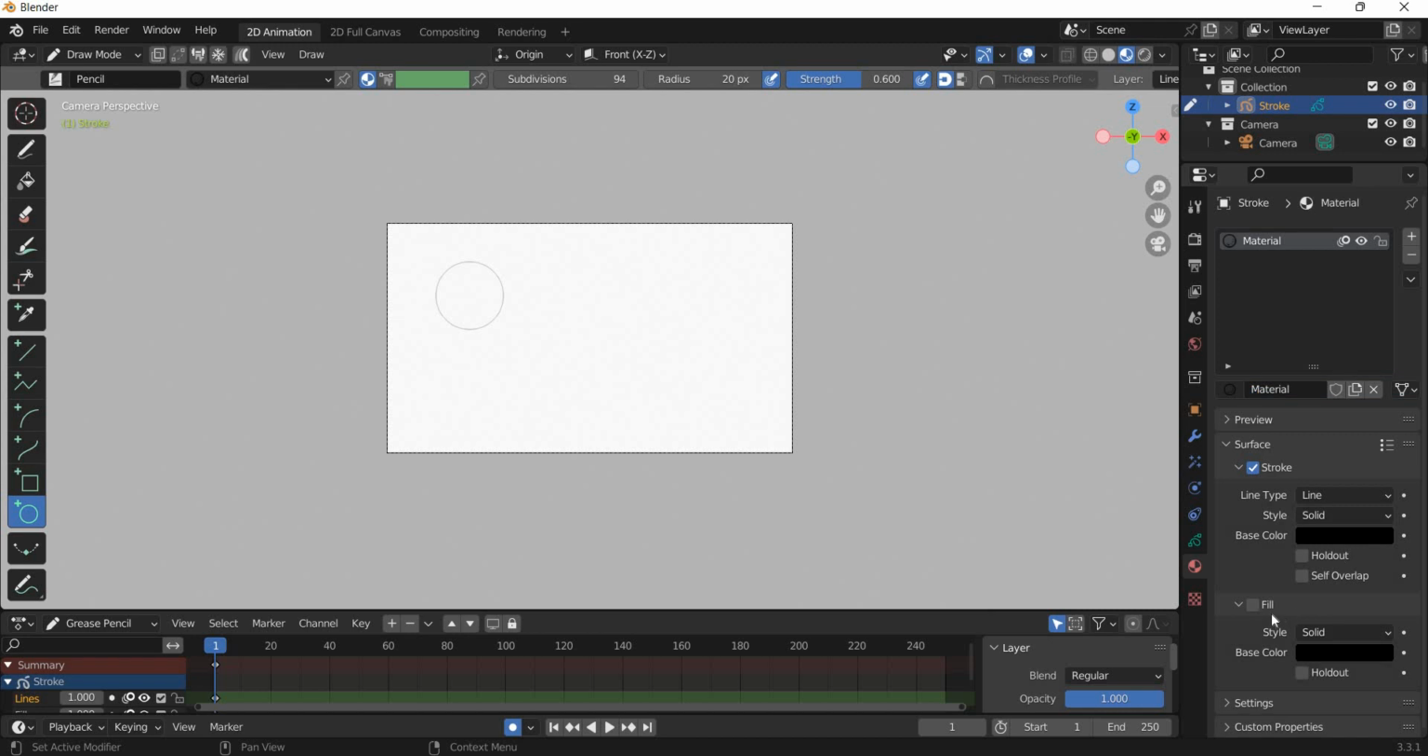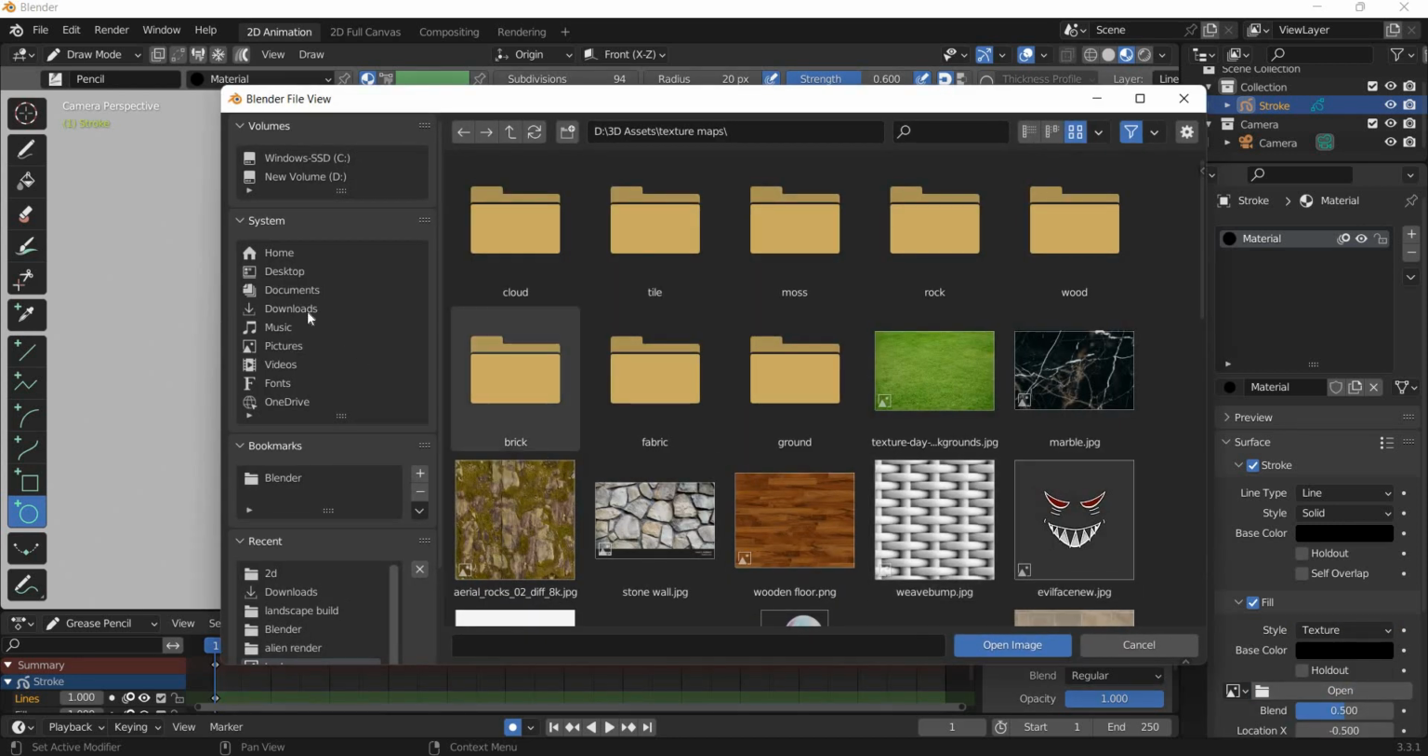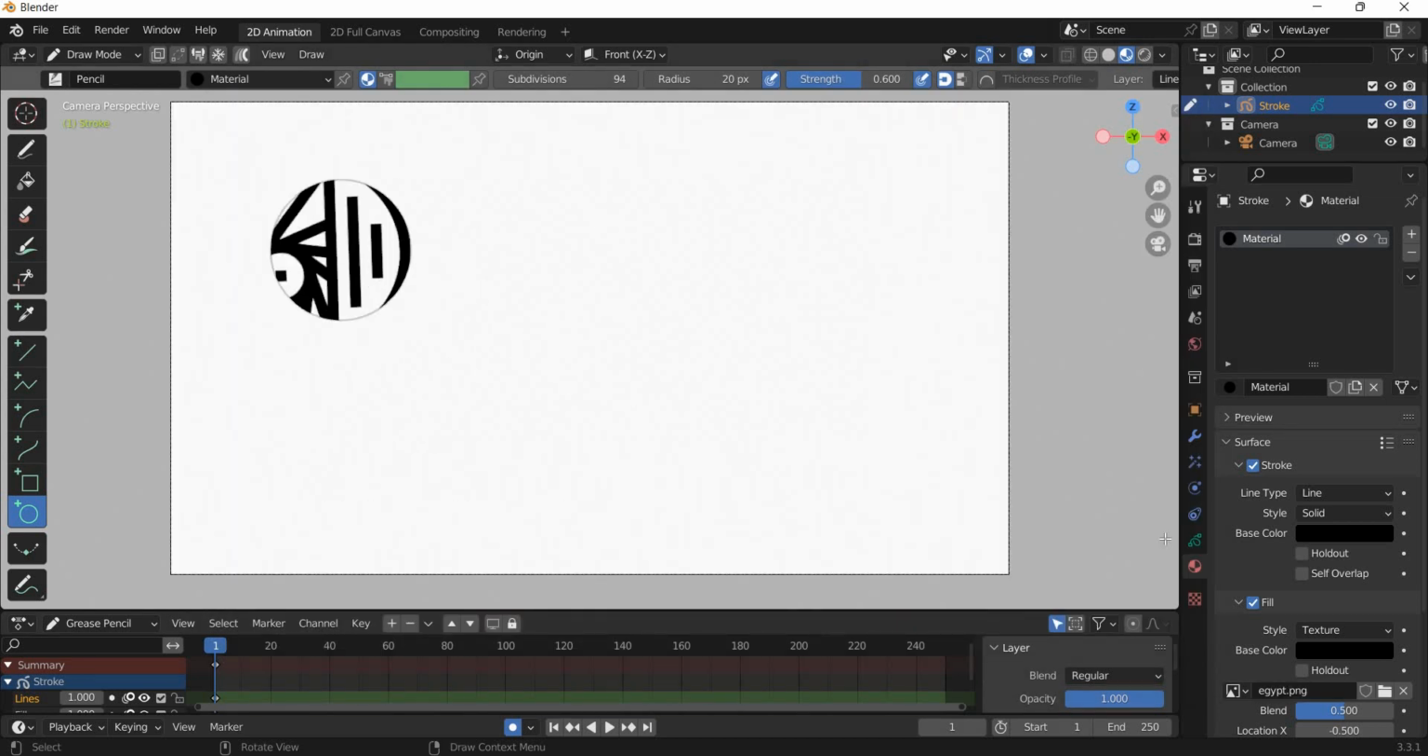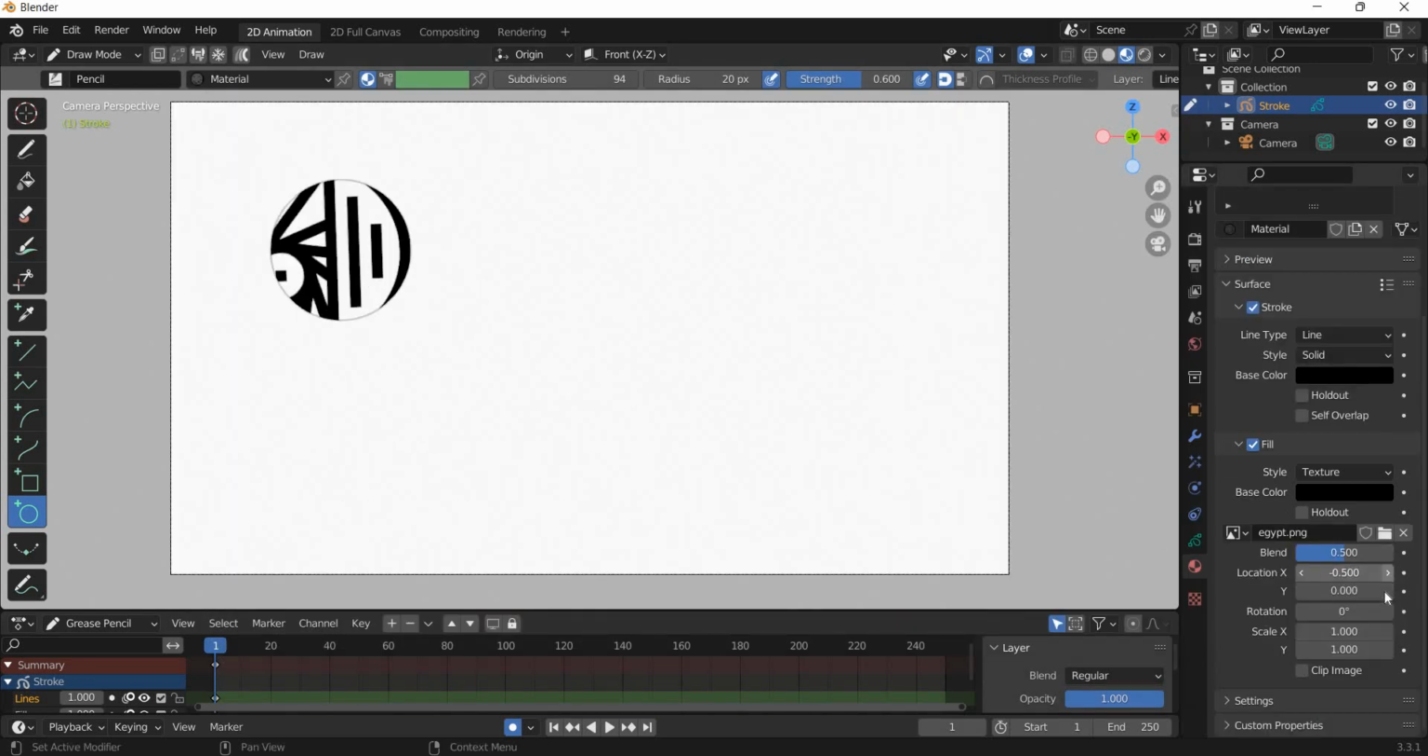I'm going to delete them and create a new one. We want a fill and we want a fill texture. And I'm going to open the texture, and I have downloaded this file which I'm going to use. Okay, so now we need to play with this a little bit to make sure that